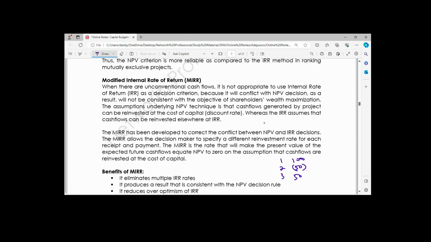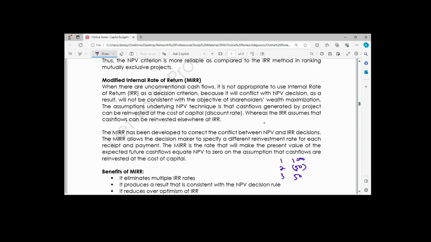So the technique will allow the decision maker to specify the reinvestment rate to be used for the receipts and payments associated with the project, such that the modified internal rate of return is consistent with the assumption of net present value, such that